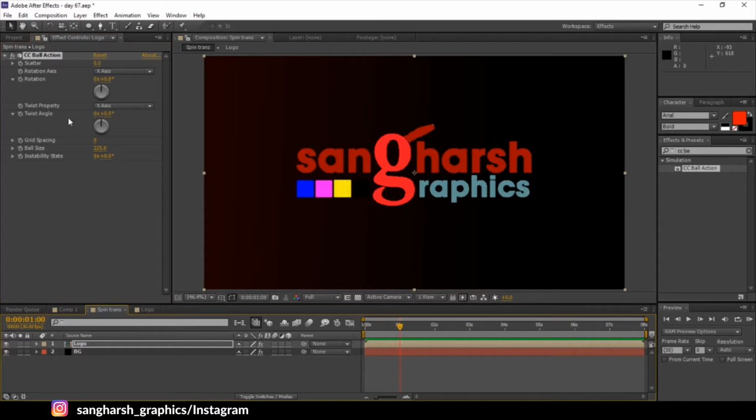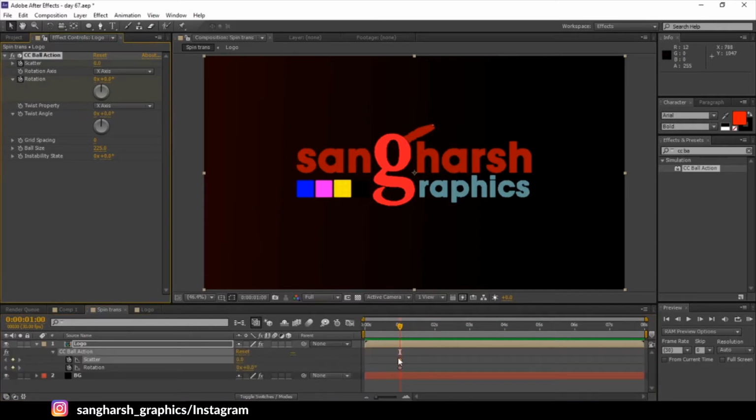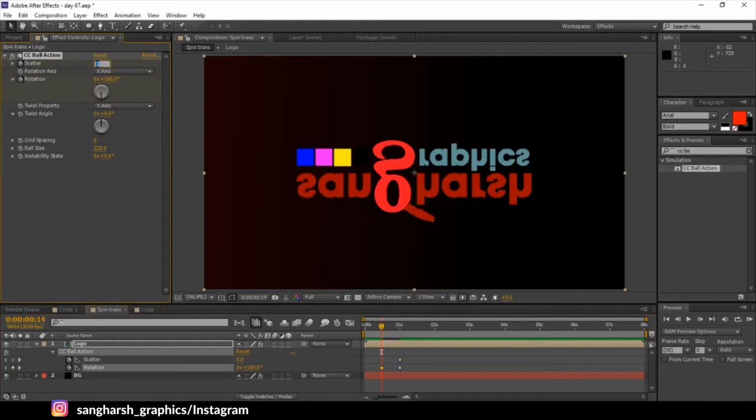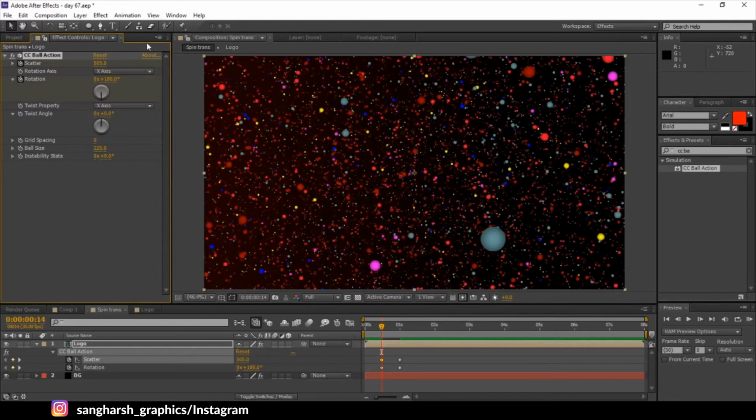Now come at second one, add a keyframe on rotation and scatter. Press U to open the keyframes, go to second one, or you can just 2-3 frames before. Make the rotation angle to 180 and the scatter to 505.